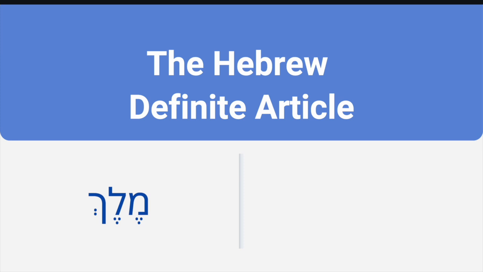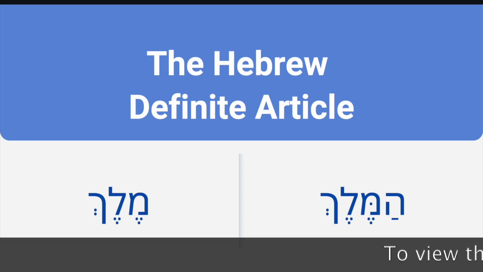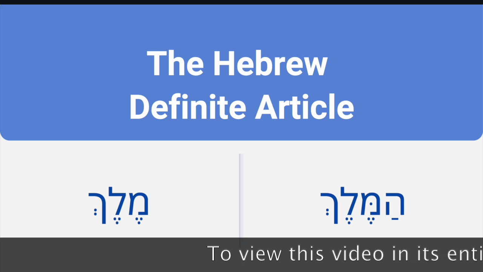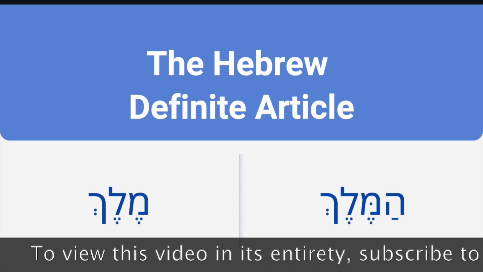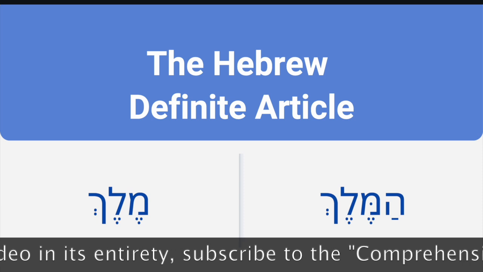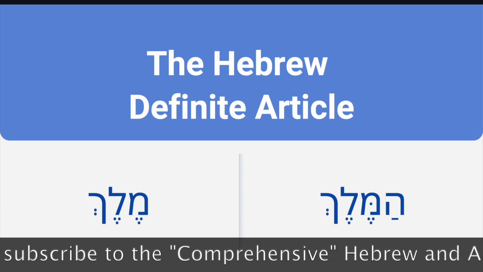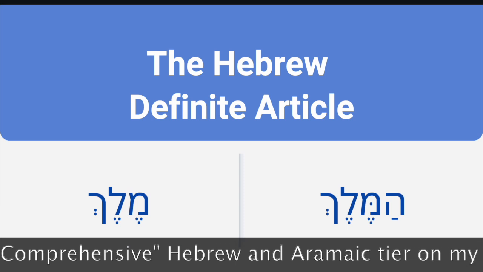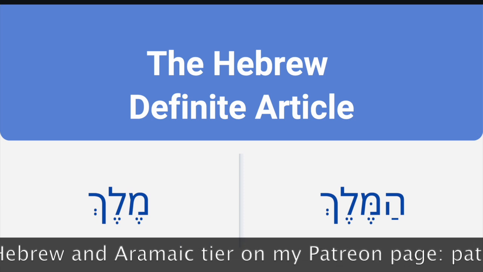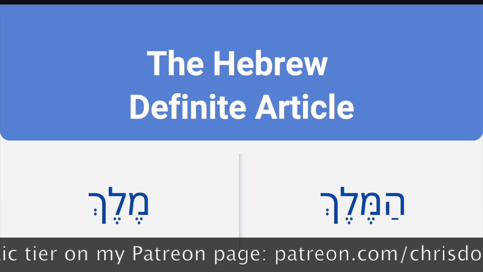Simply by context. We just have to pay attention to the context. But to take a noun like melech and add the definite article to it, here's what happens. We see a hey added as a prefix. Beneath the hey is the vowel sign patach. And in the first root letter, following the hey, is a dagesh, which historically speaking has a doubling effect. It's like the shadda in Arabic. So melech, king or a king, becomes hamelech, which means the king,